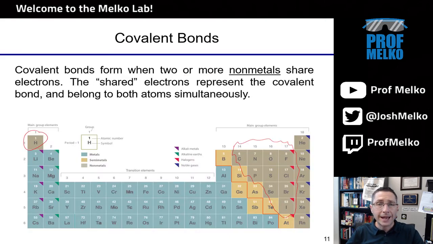Now, for the octet rule, we usually assume it's 8 valence electrons. Hydrogen, though, is special. It only needs to move one place to get to helium to have 2 valence electrons for its full shell. So hydrogen doesn't need 8 electrons for a full shell. It just needs 2. It needs its 1s energy sublevel to be filled. So hydrogen just needs 2. It has 1. So if it can use one of chlorine's, it can get 2 and achieve this noble gas configuration, right? Whereas chlorine is trying to achieve its noble gas configuration of argon.